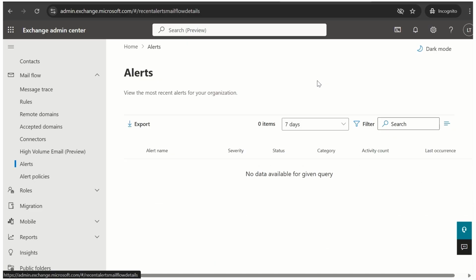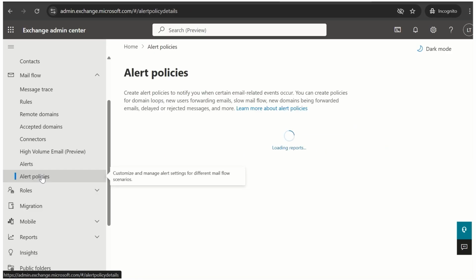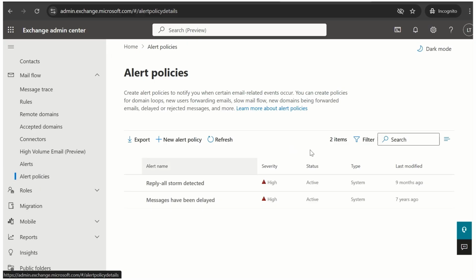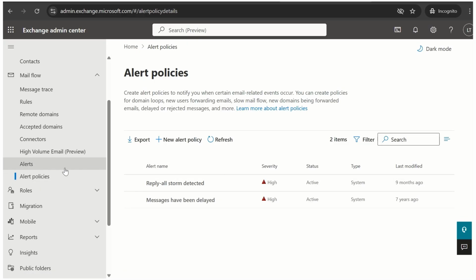Under alerts, we will get all the alerts of the organization or the O365 tenant, if any, related to exchange or security; those alerts will be visible here. Alert policies, again, are related to O365, whatever current issues are ongoing or any issues related to the